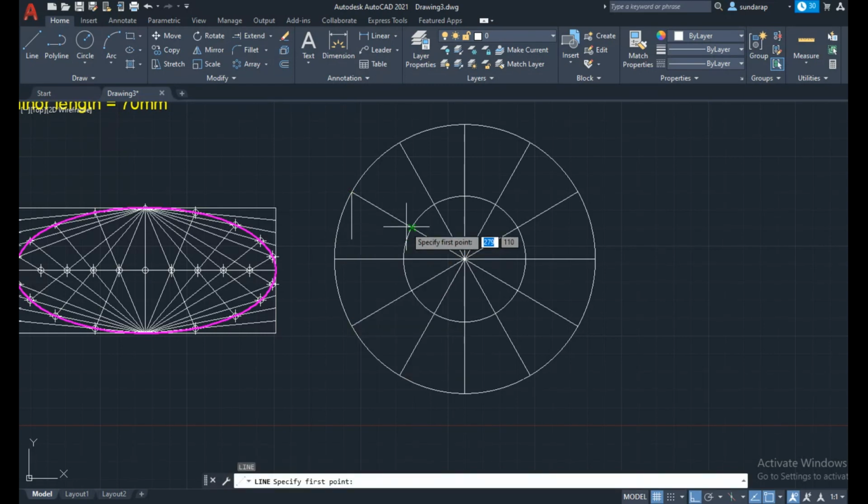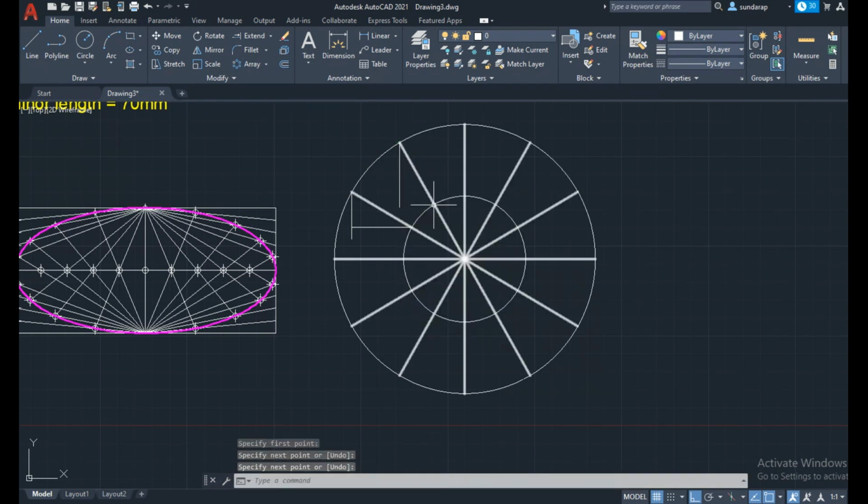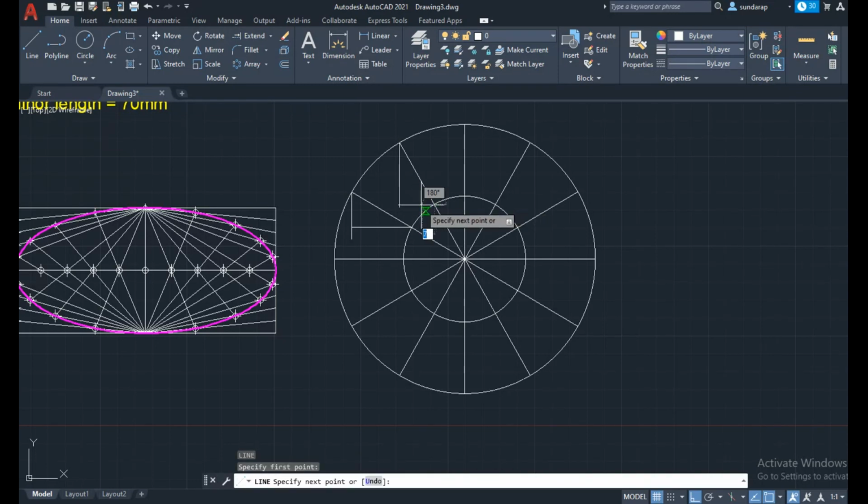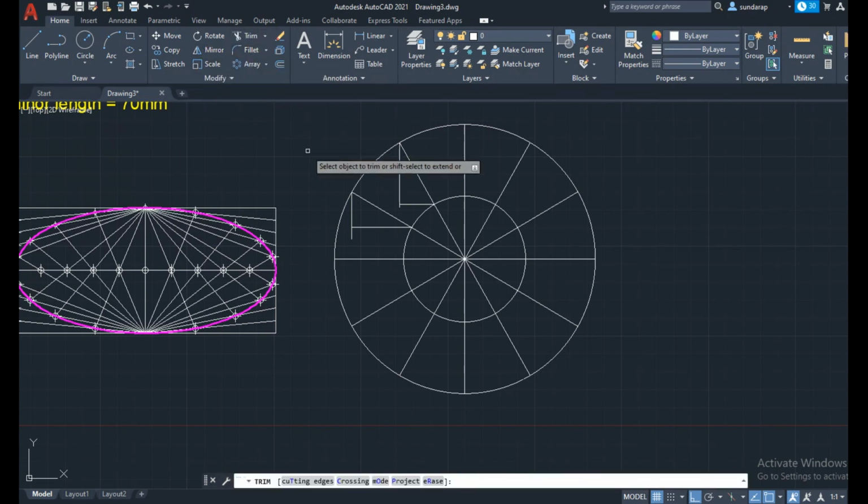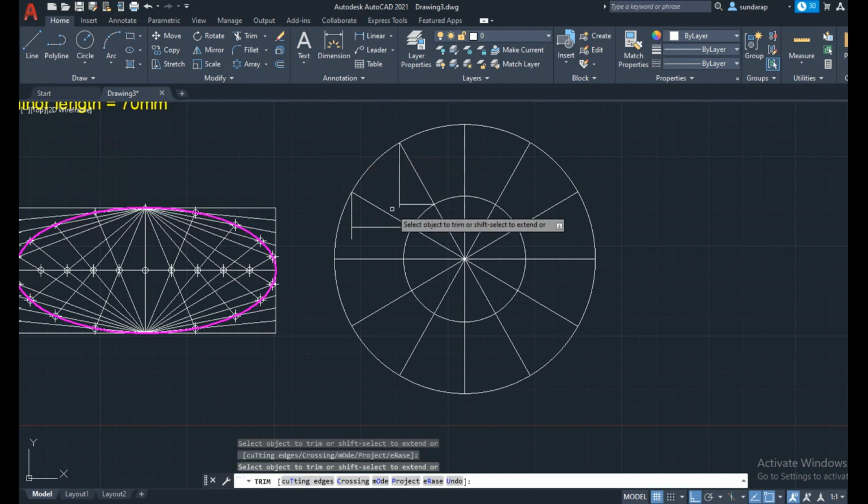Similarly, draw a horizontal line from the smaller circle intersection, and the other ones as well. Then use the trim command, press enter, and remove the unwanted lines.